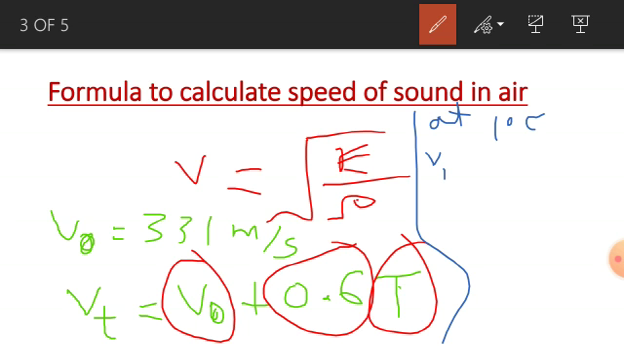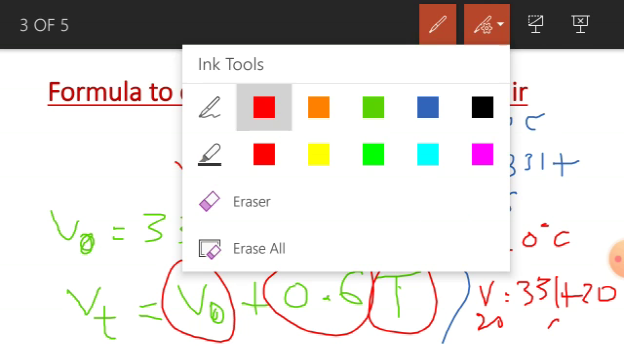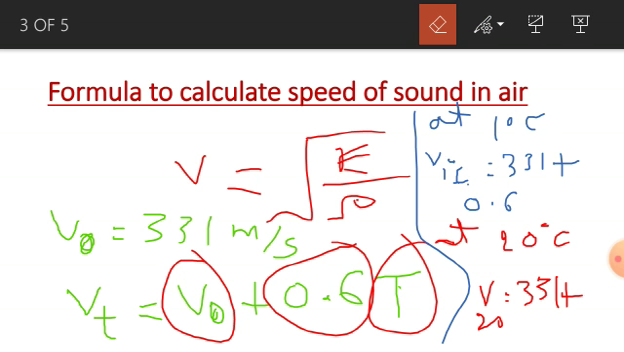So speed of sound at 1 degree centigrade is equal to V naught, means speed at 0, that is 331, plus 0.6 into 1 is 0.6, so 331.6 हो जाएगा। इसी तरह स्पीड एट अगर आप फाइंड करना चाहें, लेट्स सपोज एट 20 डिग्री सेंटीग्रेड, तो ये क्या हो जाएगा, स्पीड एट 20 डिग्री सेंटीग्रेड इज इक्वल टू 331 प्लस 0.6 मल्टीप्लाई बाय 20